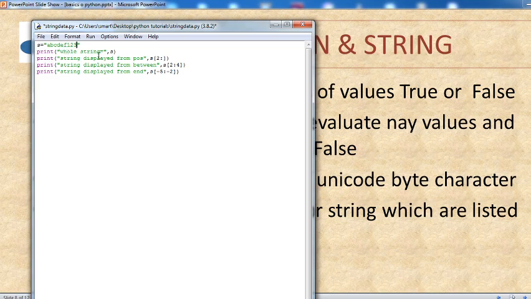Okay, so it will represent all the values from the index 2. That means it will start from C. Next, between 2 to 4, whatever the values are present, those values will be between -5 colon -2. That means from -5 you will get -2, so -3. From backward -3, where will it come? Here, this is 0, this is 1, -1, this is -2, this is -3, so -3 to backward.